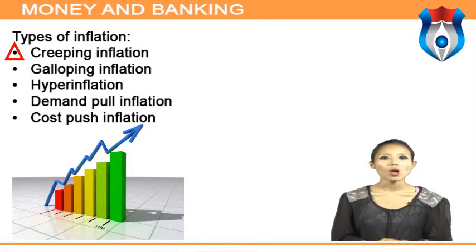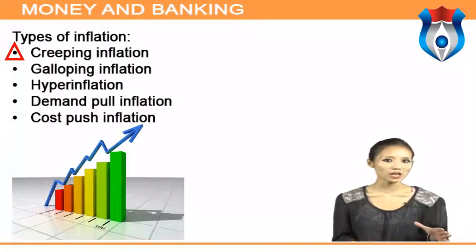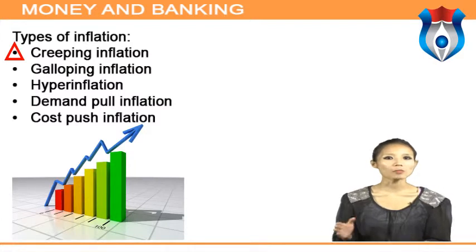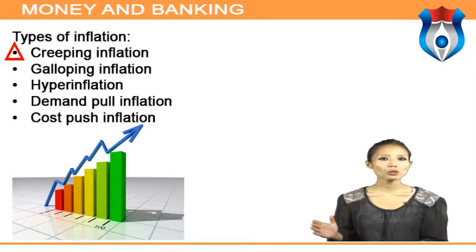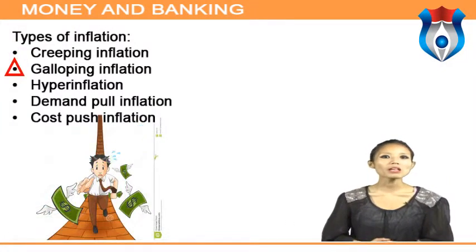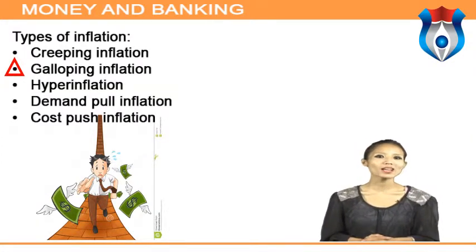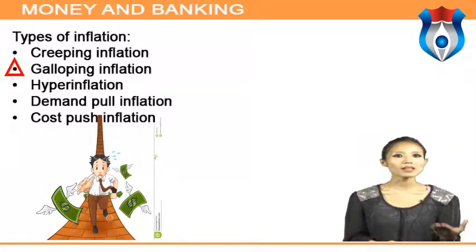Creeping inflation. When prices are gently rising, it is referred to as creeping inflation. It is the mildest form of inflation, also known as mild inflation or low inflation. According to R.P. Kent, when prices rise but not more than up to 3% per annum, it is called creeping inflation. Galloping inflation. According to Professor Samuelson, if prices rise by double or triple digit inflation rates like 30% or 400% or